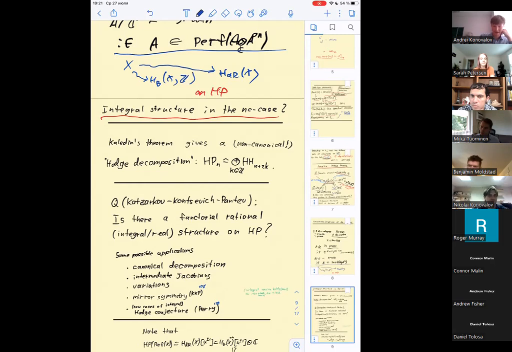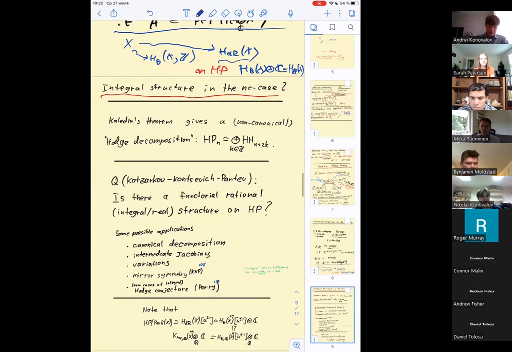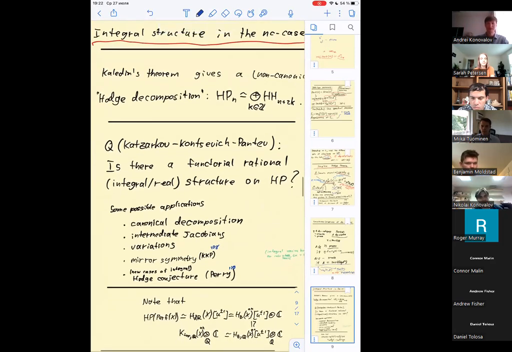And these are related by H_B(X) tensored over Z with C being equivalent to H_dR(X). So there is a nice integral structure inside H_dR, and it comes in handy for a lot of stuff in Hodge theory. For example, it gives you some extra